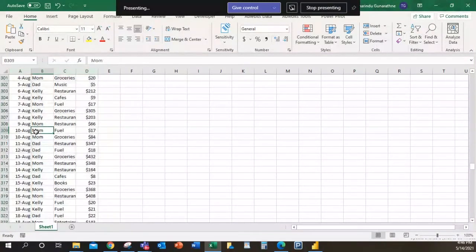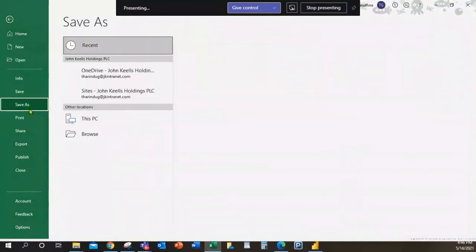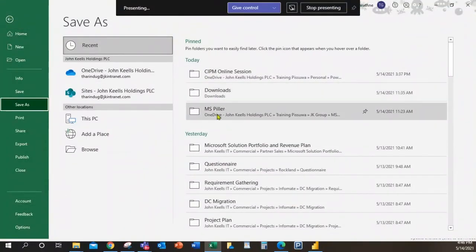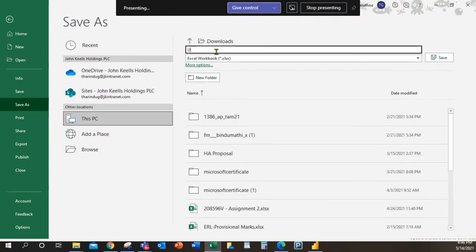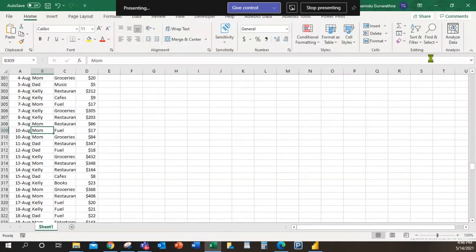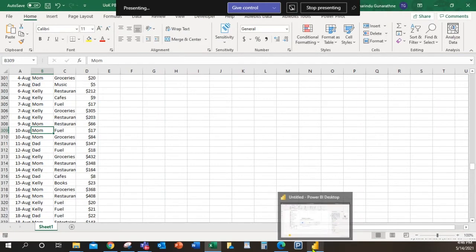Okay, now I'm going to save this. Save as, and I'll save this file to downloads. I'll save that file in downloads. Okay. Now I'm going to add that file.